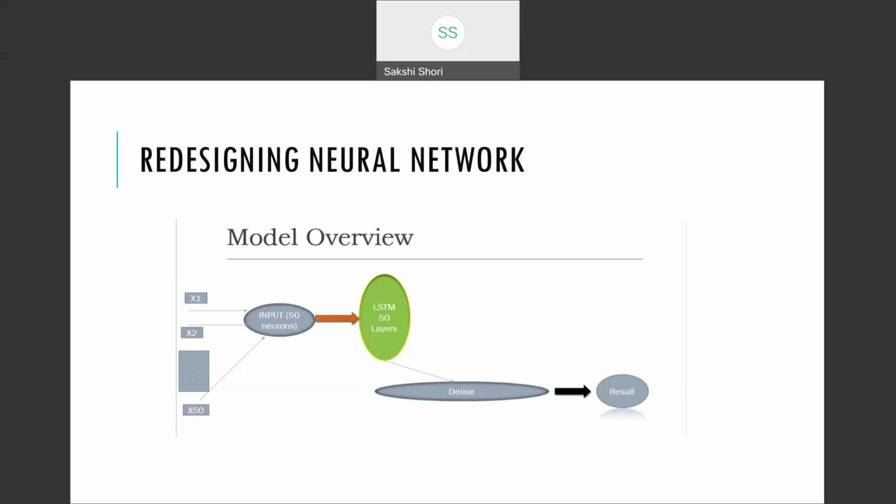There was definitely an improvement seen on adjusting these values. And if you can see, on removing the dropout layers and removing 2 LSTM layers, only keeping 1 LSTM layer with 50 neurons, could actually lead to a little improvement in the model prediction accuracy, which I will be showing you in the next slides.